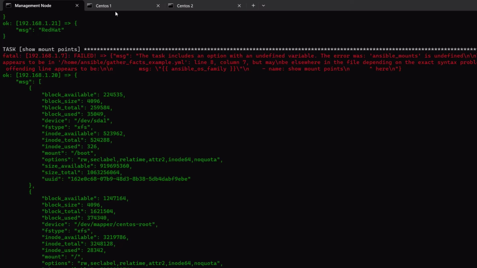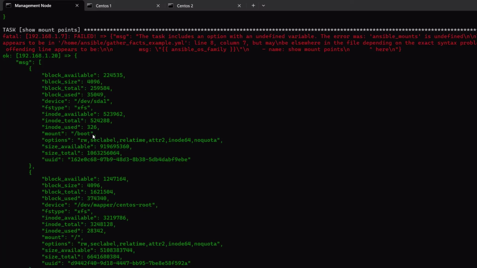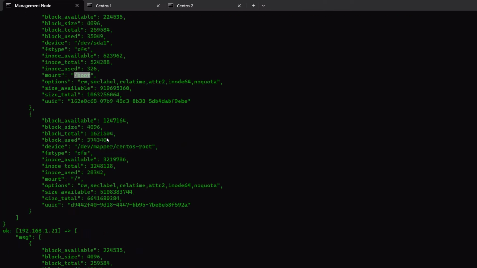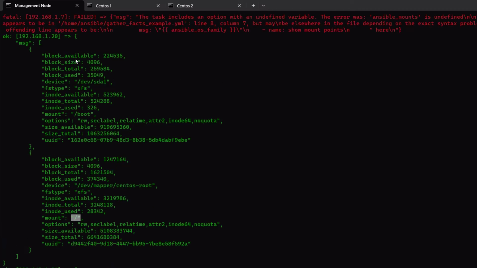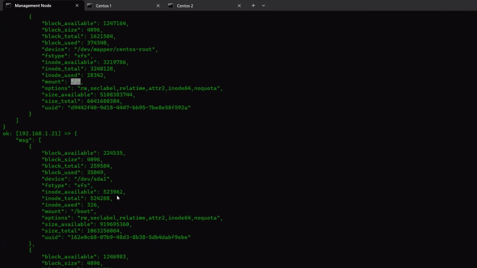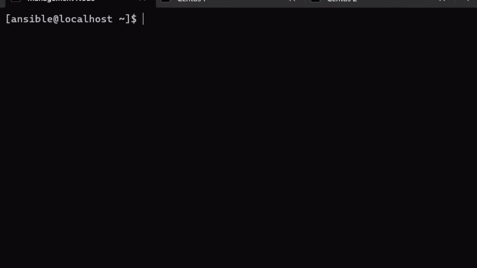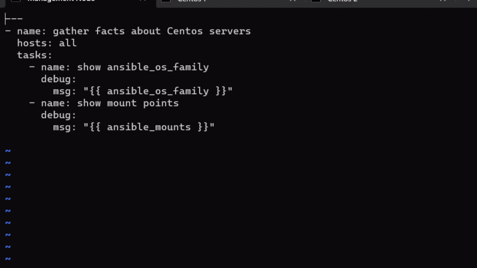Now on the other server, which is CentOS 1, and the IP address is 192.168.1.20, we got the information about mount points. Here you can see we have a mount point which is /boot, then we have another mount point which is /. These are the 2 mount points available here, and then again on server 21 also we have mount points. We have information about the block size, the block total, the block used. Now we know it is going to fail on a Windows server, so what we can do is